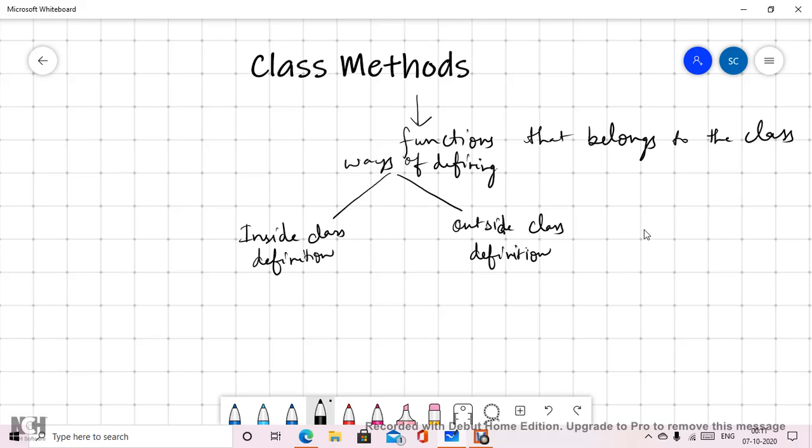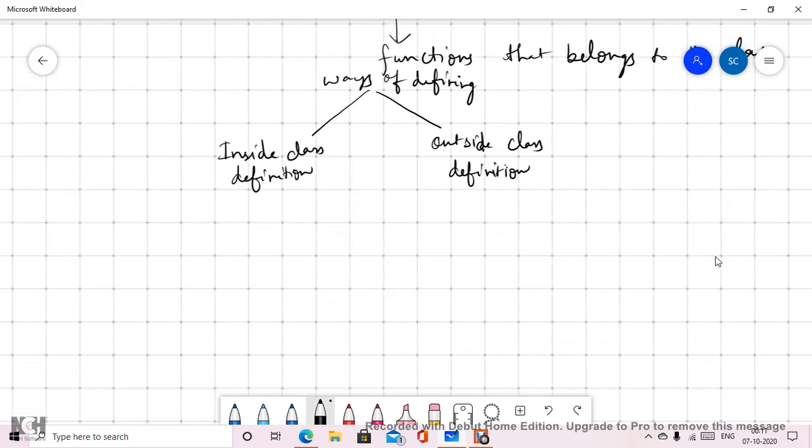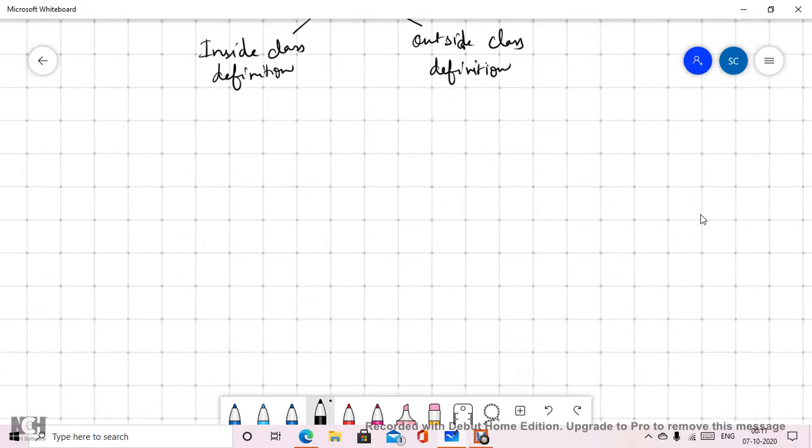Let us take an example rather than talking in theoretical terms. Suppose I have a class, let's say the class name is Soumya, and as we have already done, let's say the specifier is public.